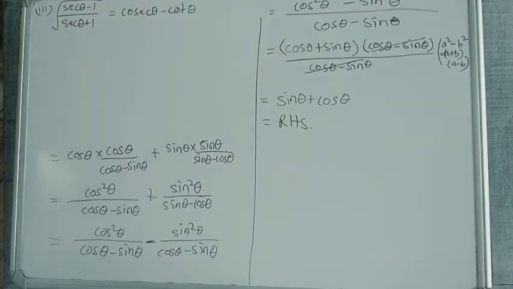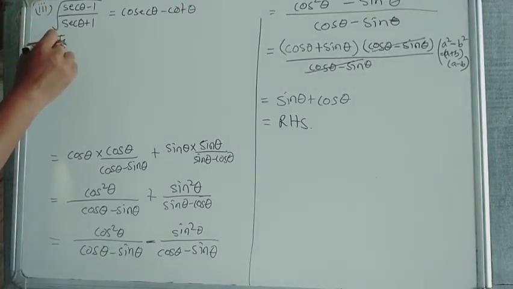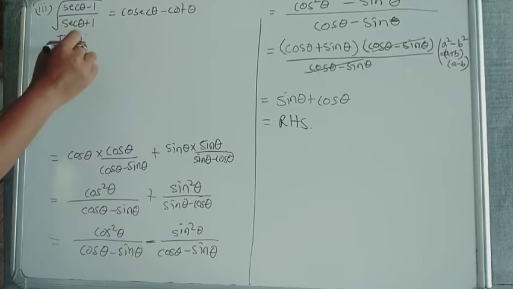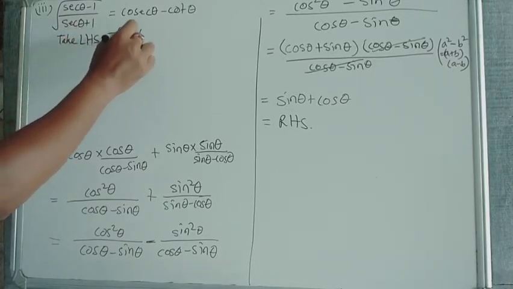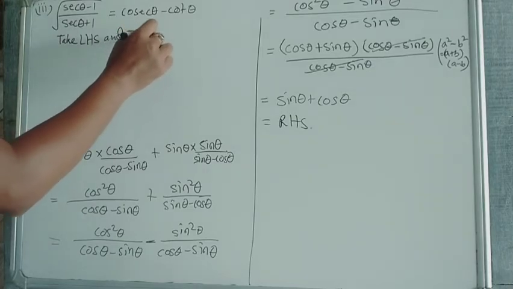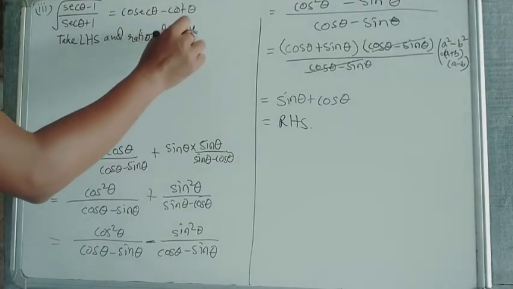If any different type of question comes in the exam, which is not sec theta, or which is your question number 5, sixth part in the main question, that root question, root of 1 plus sin theta by 1 minus sin theta. So what we will do here is rationalize the denominator. So take LHS and rationalize the denominator.